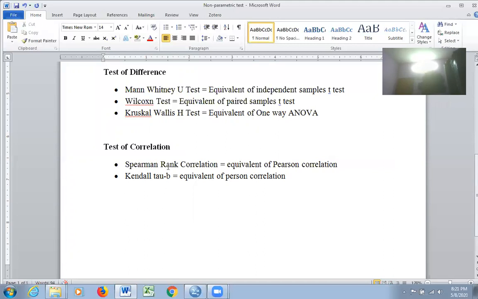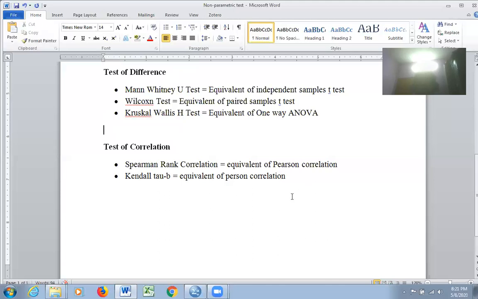One is Spearman rank correlation, which is an equivalent of Pearson correlation. And secondly, there is something called Kendall's Tau test. This is also a correlation test, but this is to be conducted especially when there are a lot of tied ranks. We are asking the respondents to rank a product, to rank a service, to rank a person, to rank a performance.